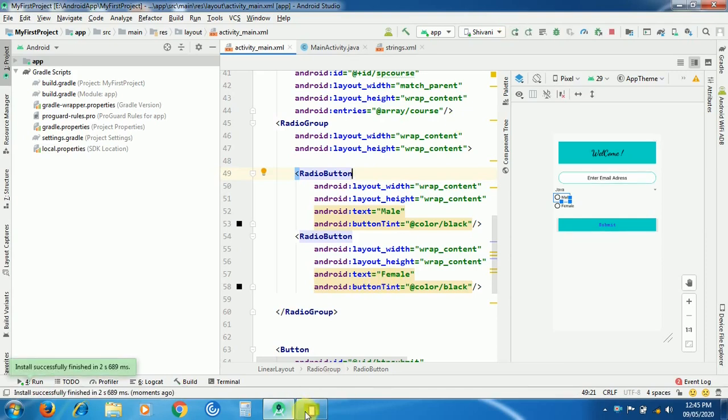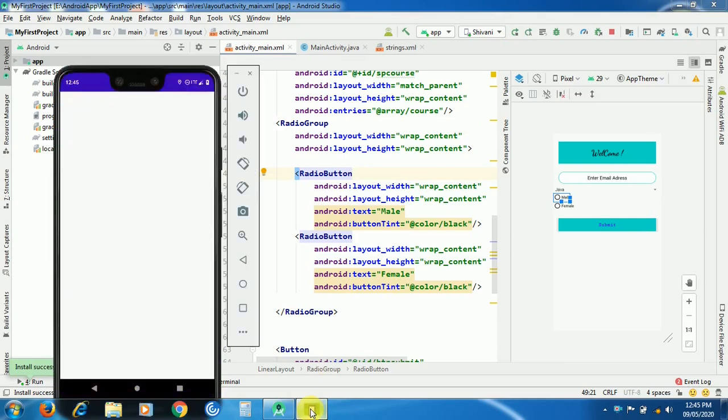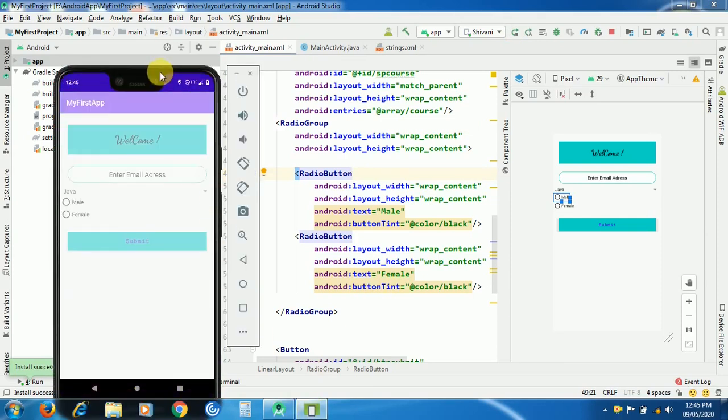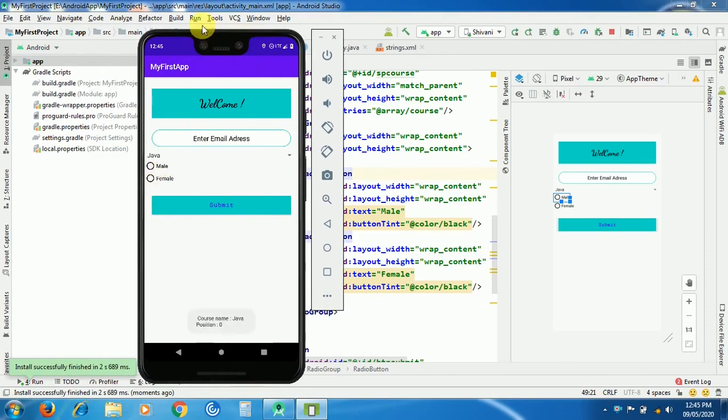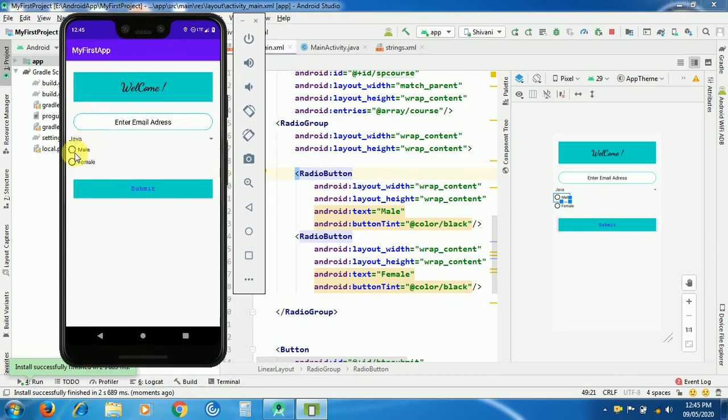Our app is installed now. We will check it on the emulator. So here we have two radio buttons, that is male and female. If I select male, then it is showing selected, but if I click on female, then male will be deselected and female will be selected.